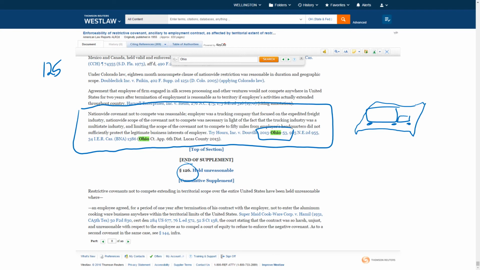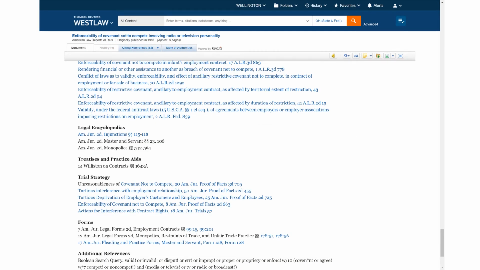But the process is going to be to start with secondary sources to connect us to cases. Here's what I wanted to talk about. Because at the end of each ALR annotation, in fact, at the end of each secondary source on Westlaw, you'll see something very important. It's called research references. And the research references are more links to helpful things, more relevant ALRs, as you can see here,